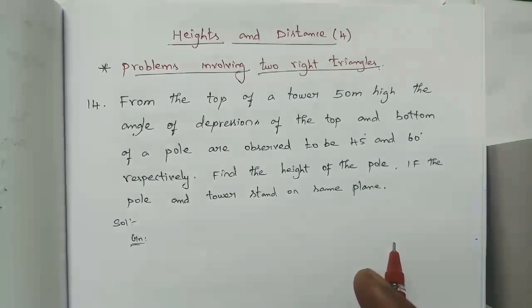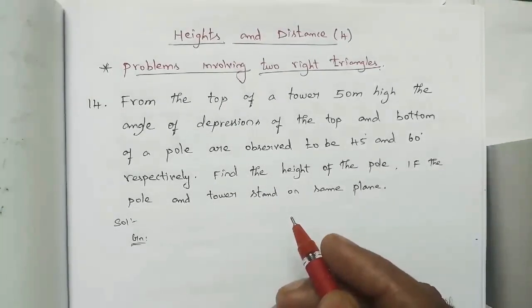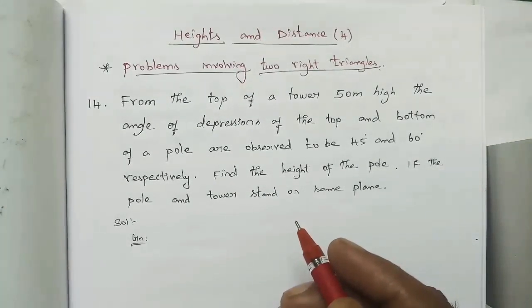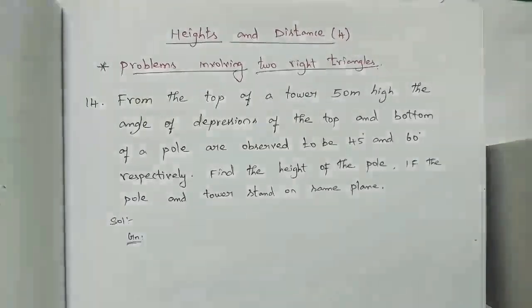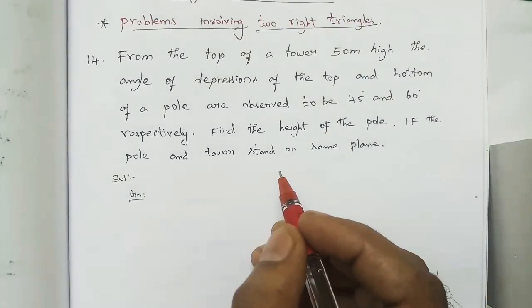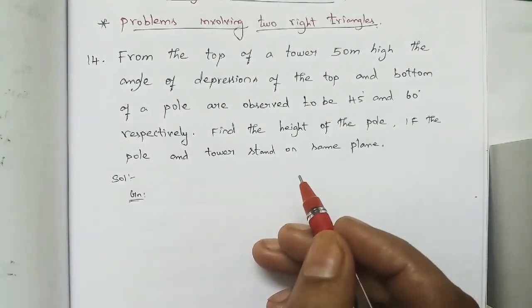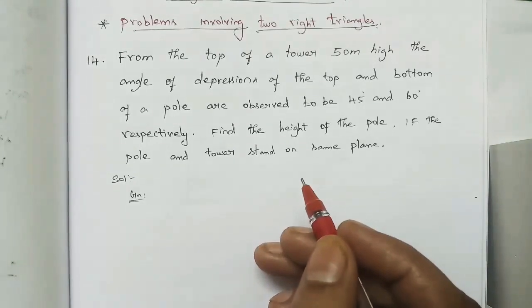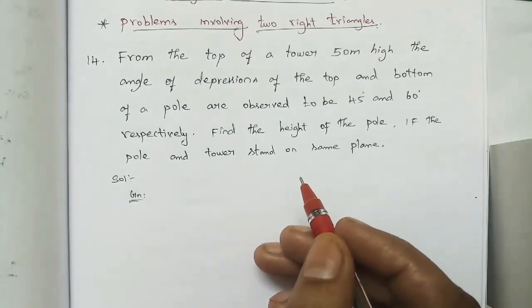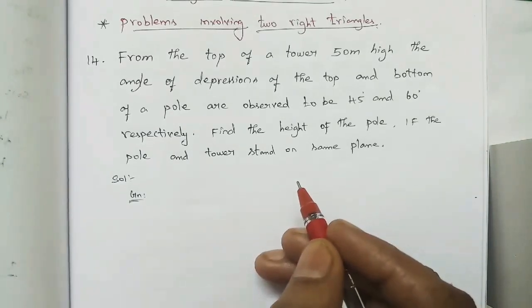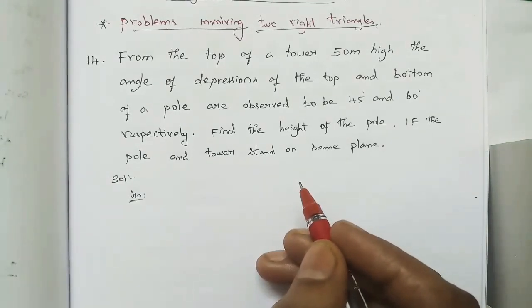But before solving this, you have to keep a small note in the second concept. What is the small note? What we have already studied in the third chapter, pair of linear equations in two variables. There we will have two equations in the form of two variables, and we want to find the value of those variables, x and y.